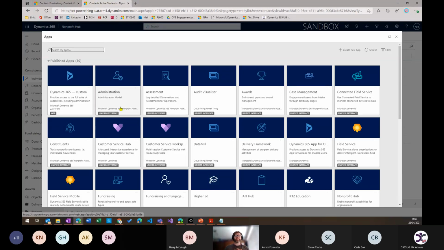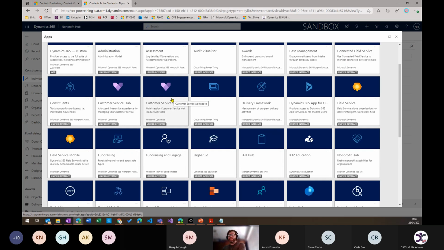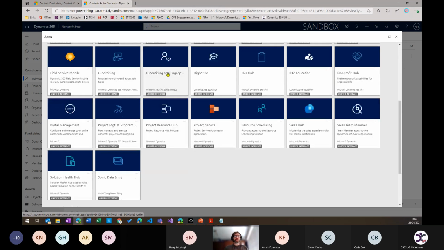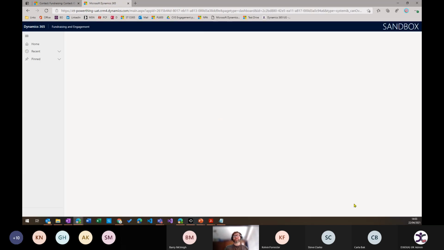I can see on here I've got the non-profit ones themselves, but as far as actual fundraising, this is the main one here, which is fundraising engagement. You can see that's labeled as Microsoft Tech for Social Impact. So if I click on that to open it up,